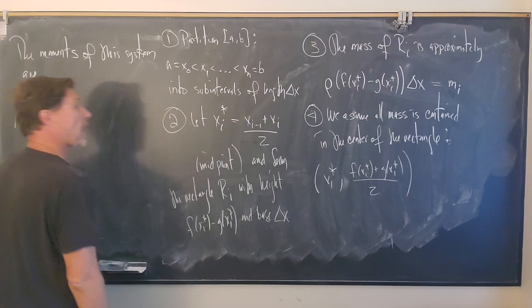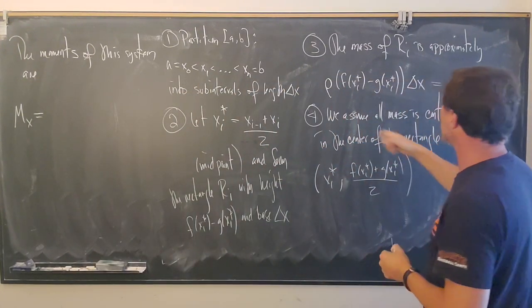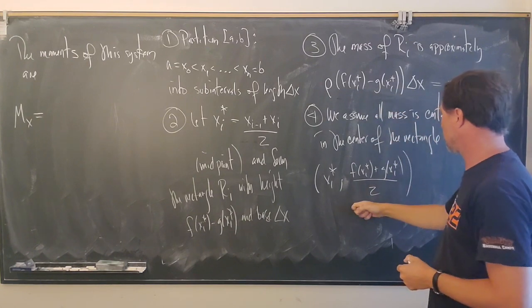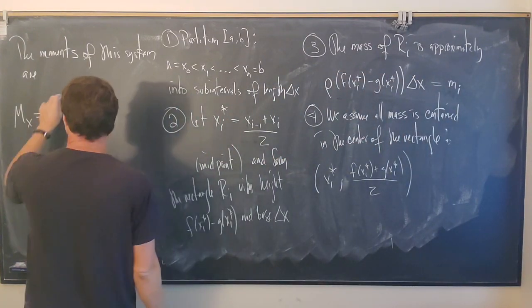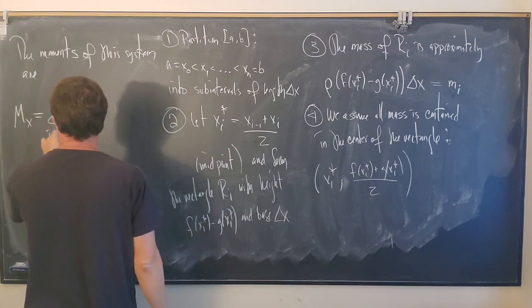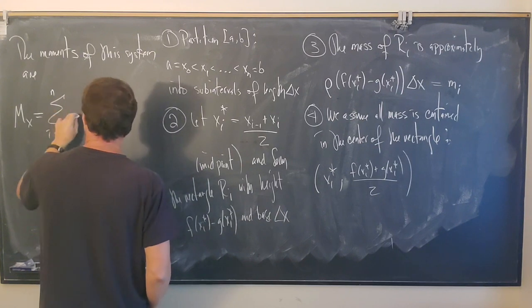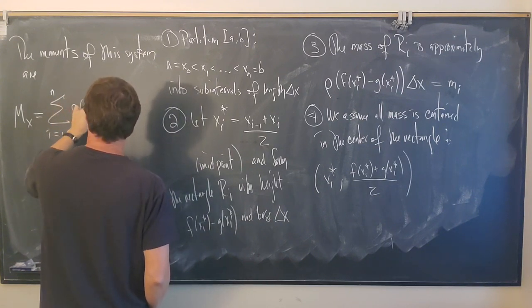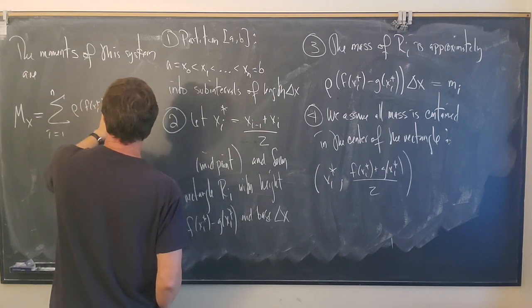That's going to be mass times y coordinate, and it'll be a sum of those. So it's going to be sum i equals 1 to n, rho times f of xi star minus g of xi star